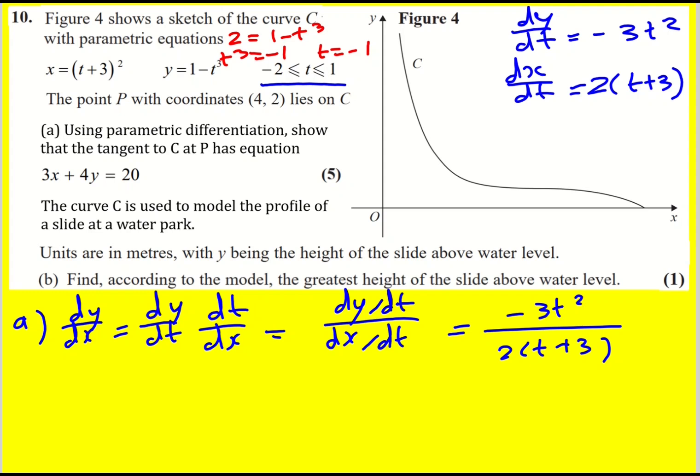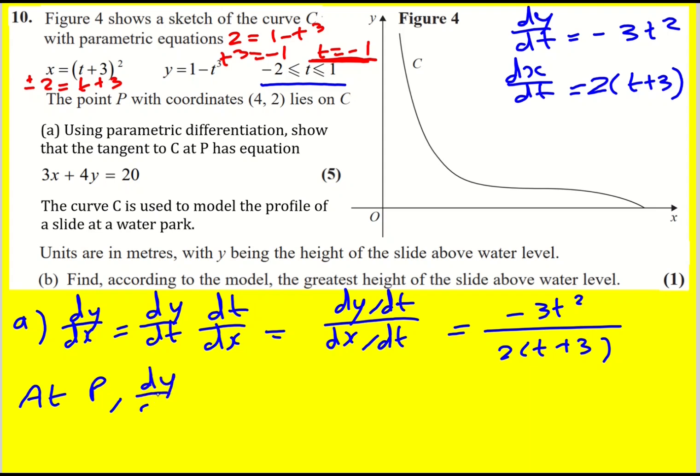If I had put 4 in here, then I would have got t plus 3 is plus or minus 2. And then if it's 2 and I minus 3, I get the minus 1. If it was minus 2, I'd get minus 5, which I would then recheck later on. It is good to check, though, in the other one that the solution is valid. So we have just that t is minus 1. And this is in the range, so it's all good. Okay, that means at P,